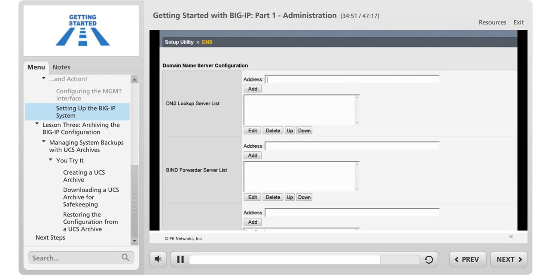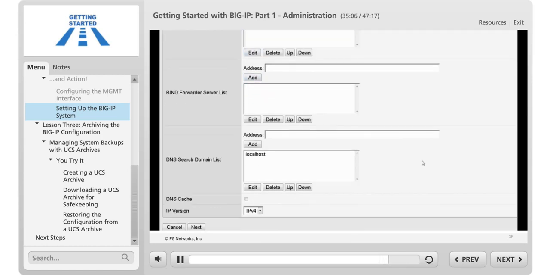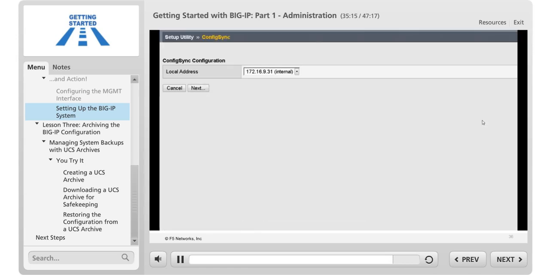The Setup utility also provides options for configuring DNS services to resolve hostnames in your configuration. In this example, we will add a DNS lookup server to the BIG-IP configuration. This will enable the BIG-IP system to use fully qualified domain names to identify network objects, such as nodes. The remaining steps are a continuation of HA preparation. For now, we'll take all the defaults and refer you to the Getting Started with LTM course